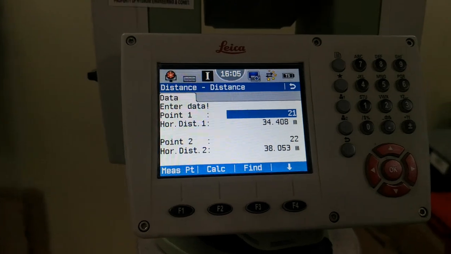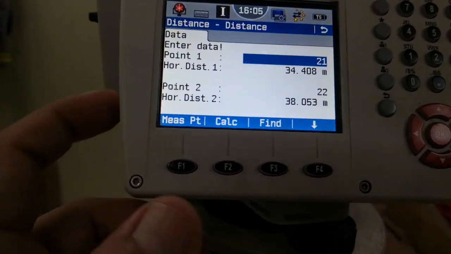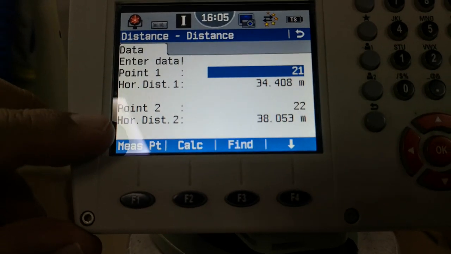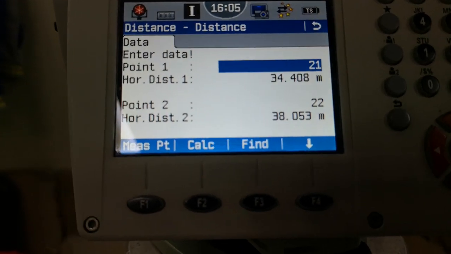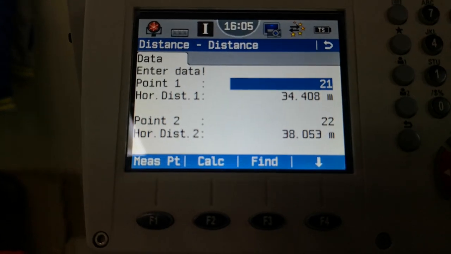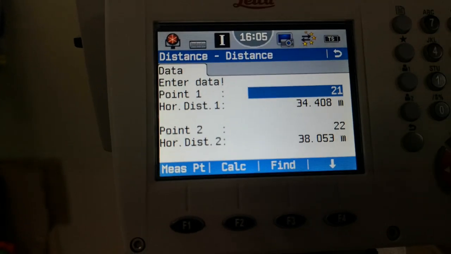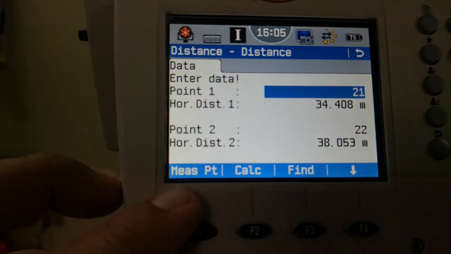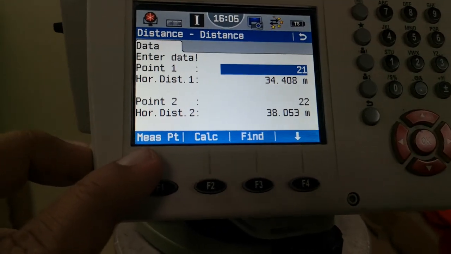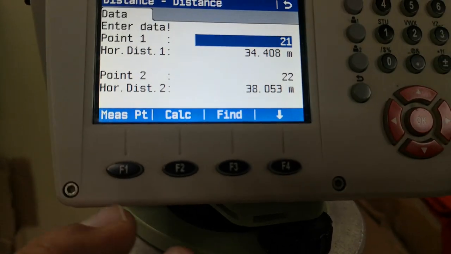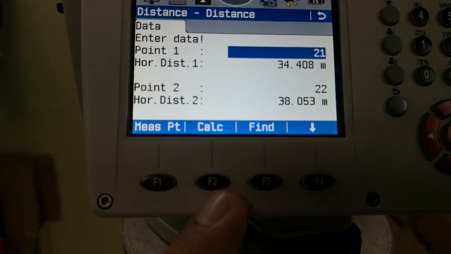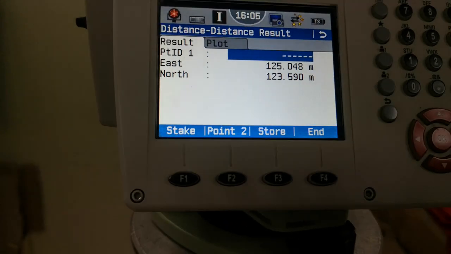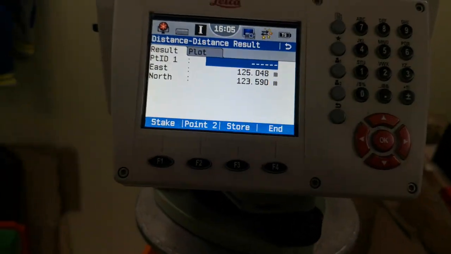One more thing I'm adding here. What does measure mean? For example, I gave the values 0.1 and 0.2. If I don't have the values of these points, I can only find them on the site. In that case, you simply put the prism on the point, press the F1 key, and then you can get the value of that point. This is what measure means. So I'll go with the F2 key for calculate. I press F2, and here I have the result of my intersection point.